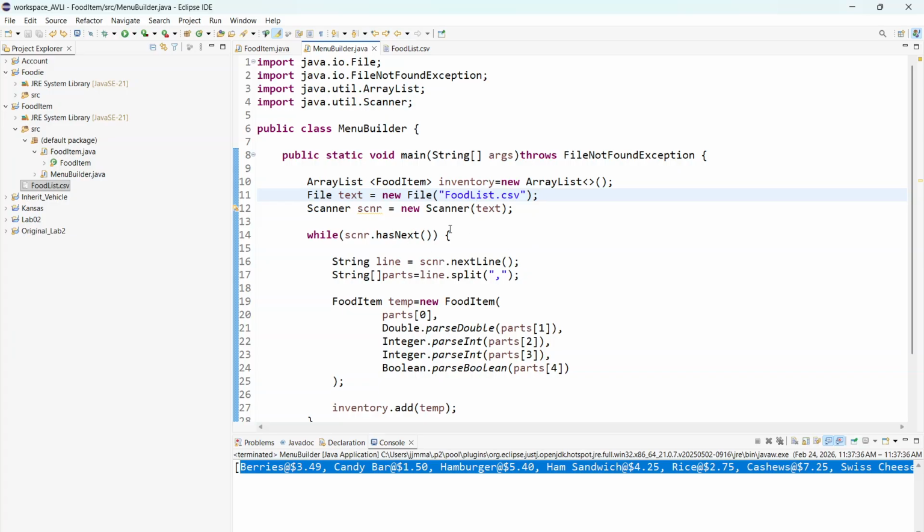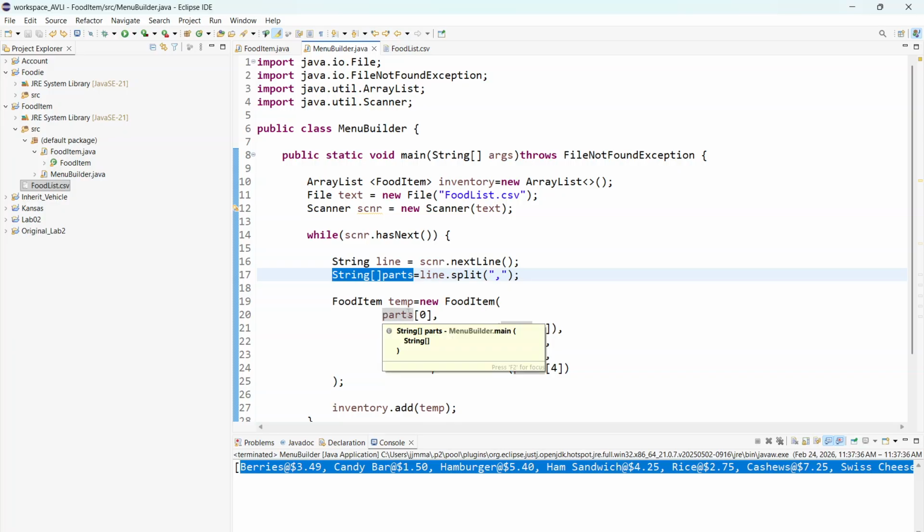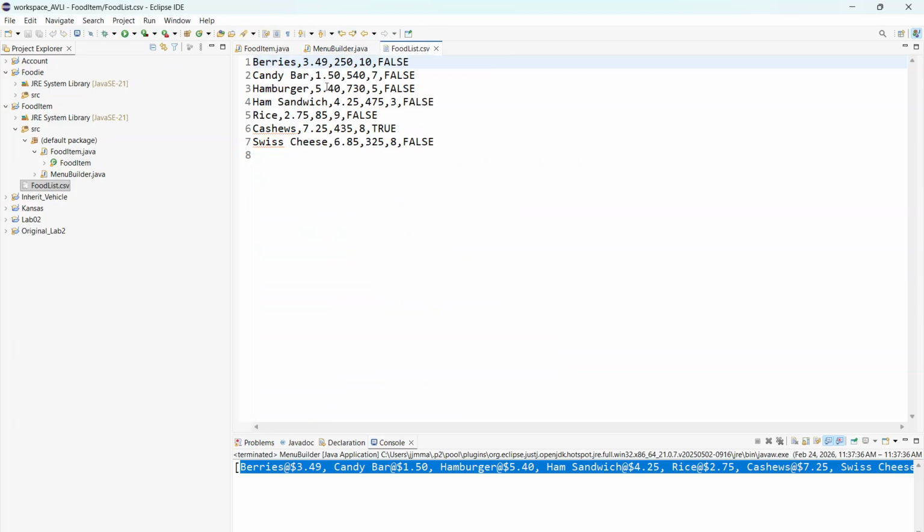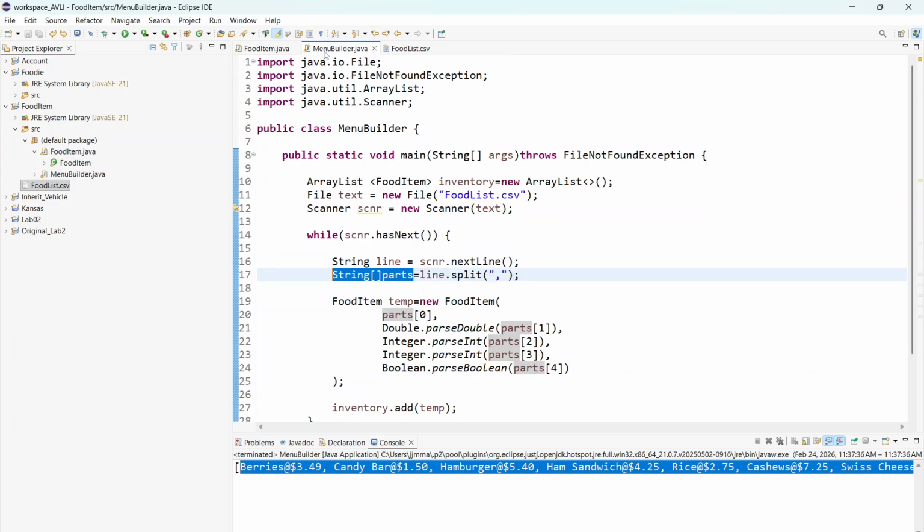Again, open the text file, okay, using the scanner. Continue reading from it while it has a next line. Take that line and split it at the comma into a string array called parts. The first part, which we learned, was a string, berries. Okay, so that's it. The next part was the price, and we used the Double wrapper class to parse out